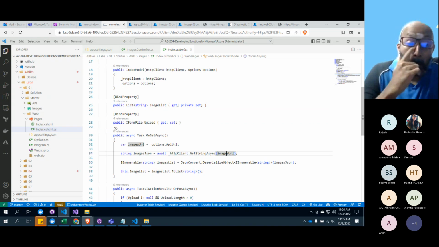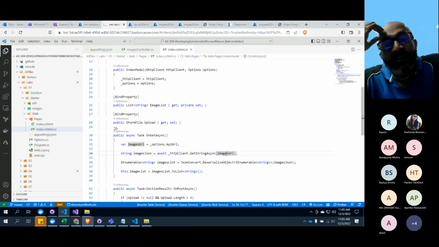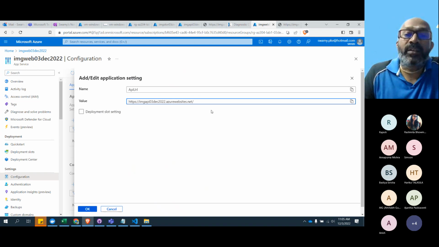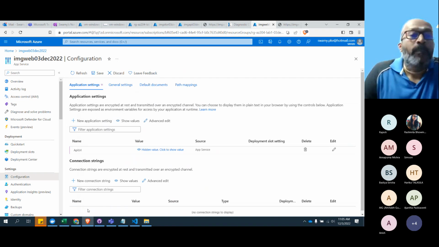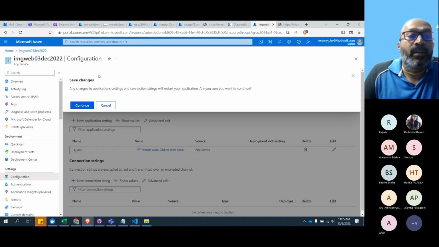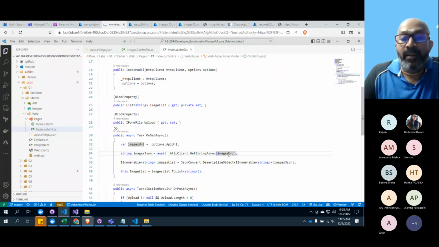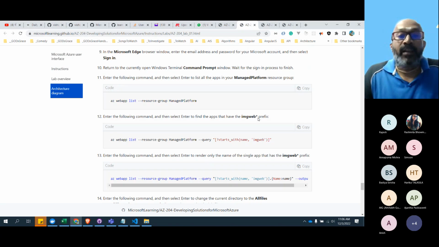It shouldn't trouble us, but it's better to remove the trailing slash. If it is troubling, we'll come back and save it again. But based on the code, what I see is we don't need the trailing slash, because here they're taking it in HTTP client GetStringAsync and just giving the URL. So as far as I think, we don't need that.